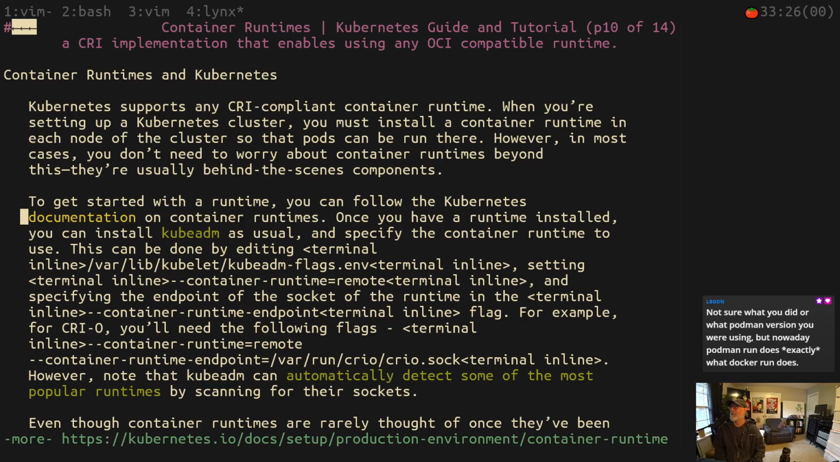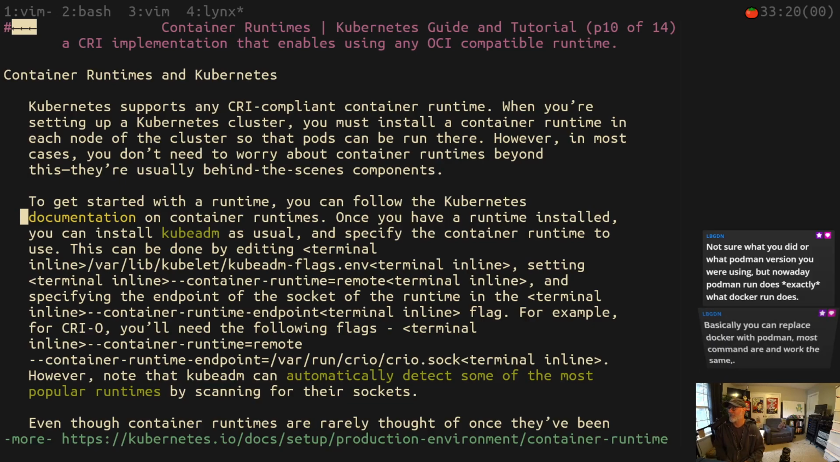Yeah, exactly what Docker does. No, it doesn't. It'll run it, but it doesn't do it. It doesn't run it in the same way. For example,